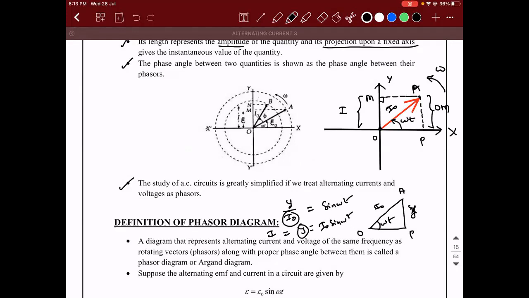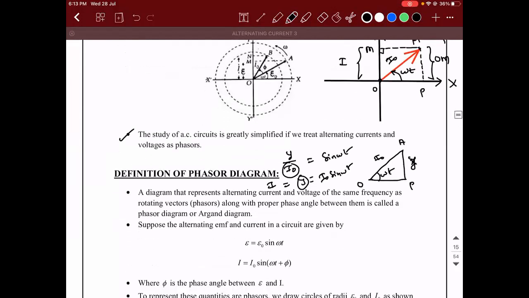So these are the three important points that you need to have in your mind. Going forward, for an AC source connected across different kinds of passive elements like resistor, inductor, capacitor, we will be drawing graphs as well as phasor diagrams. So these kinds of diagrams where the phasors, that is the rotating vectors, along with the angles are shown are generally called phasor diagrams.